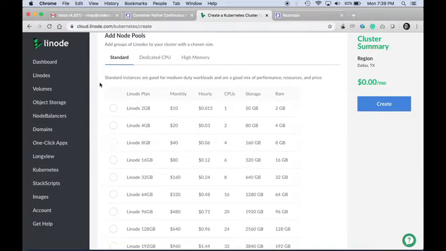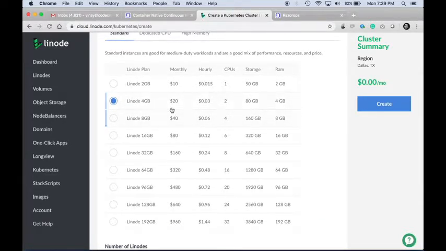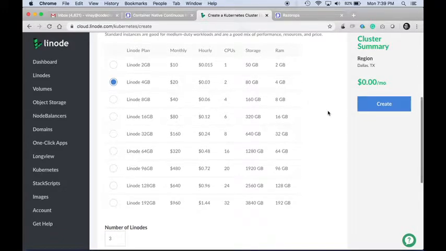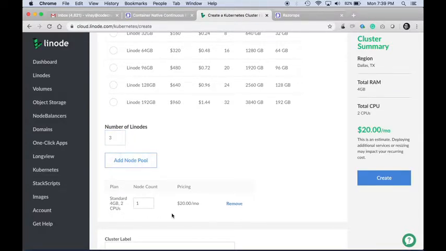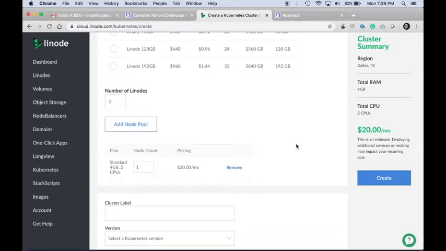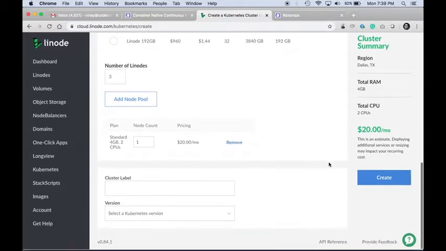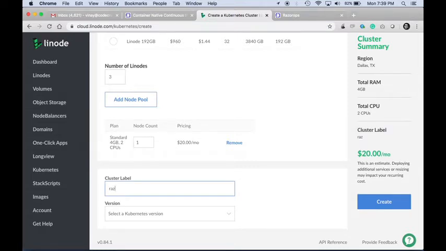For this I'll select this Linode 4 GB, which will cost approximately $20 monthly. I just need one Linode per pool, and then I'm going to say add node pool. So I just need to add one node. That's all. And then finally I have to give the cluster name, which they call cluster label. So let's say Razorops